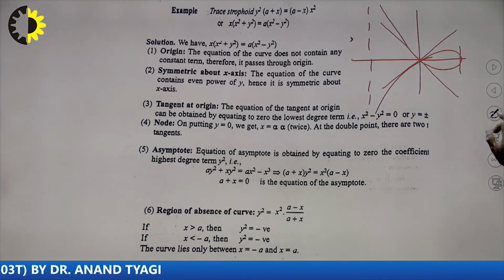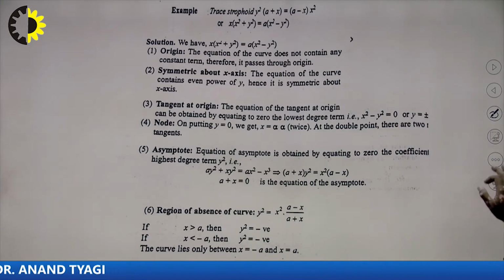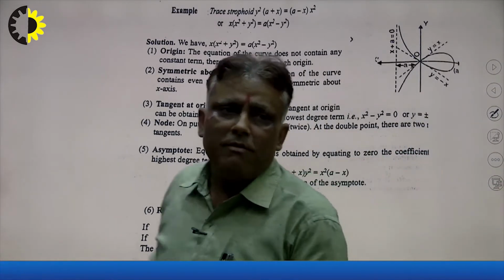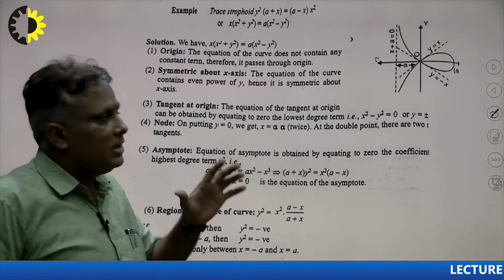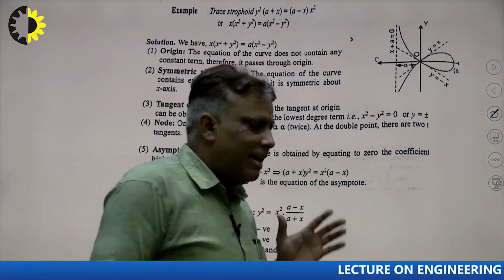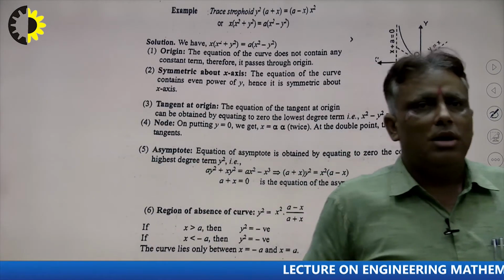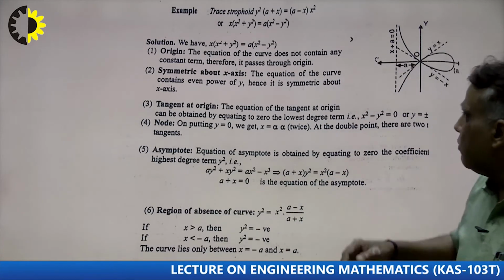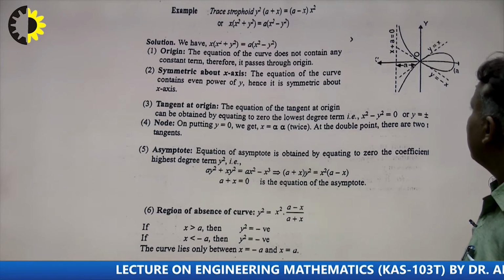Suppose I write here, given curve is here, so what will be the final position of this curve? So final position will be this here. So in this way we find out the sketch of the given problem. So students, keeping in mind when we solve the problem, first of all we follow the SOPNAR. What is the short form of the SOPNAR, I will explain one by one here.